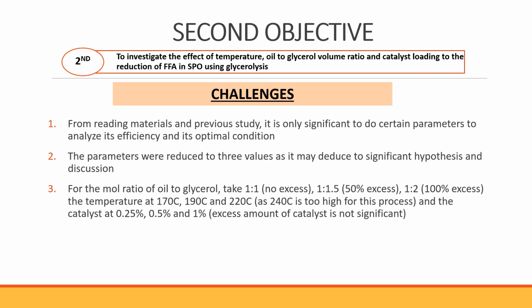For the mole ratio of oil to glycerol, we take 1:1 to analyze if there is no excess glycerol, 1 to 1.5 for 50% excess, and 1 to 2 for 100% excess. The temperature, we take these three. Why don't we take 240? Because it is too high for this process and it will obstruct the process. And for the catalyst, we take three values. We eliminate 2% because the excess amount of catalyst is not significant, and also